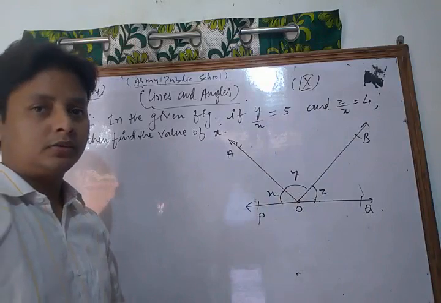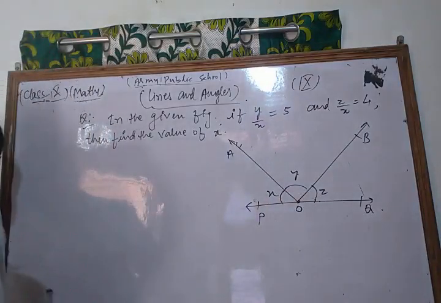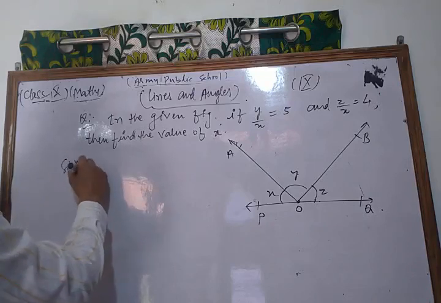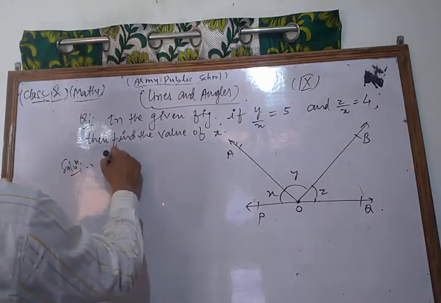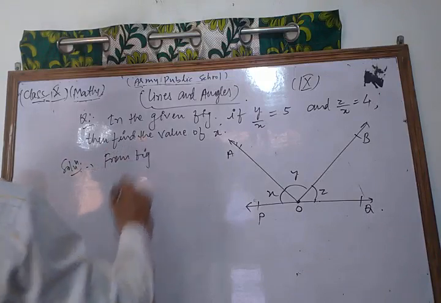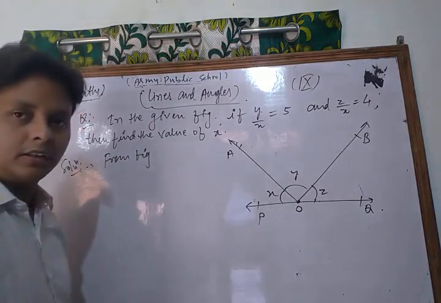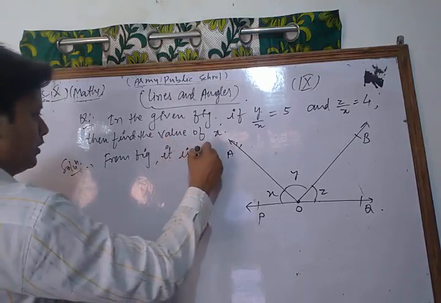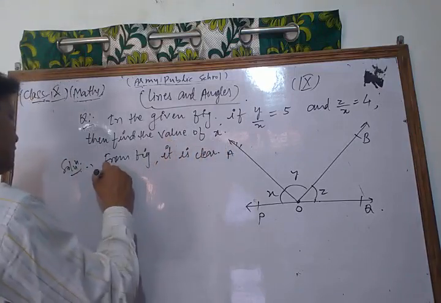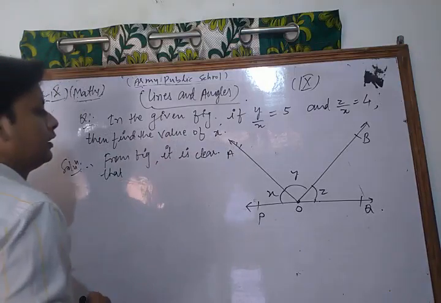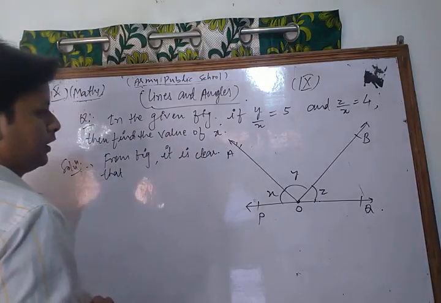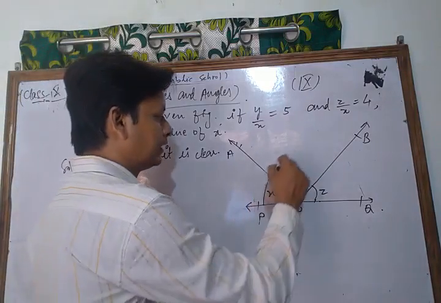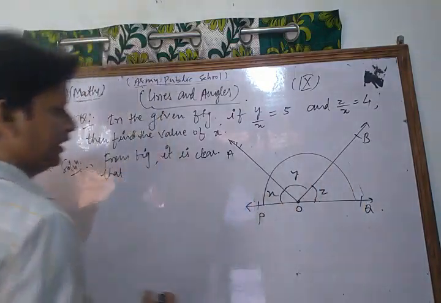So let's see what I do for that question. This is one very important question. Now let's see its solution. From the given figure, it is clear, dear students, that x, y, z form a linear pair, meaning the sum of all the angles,